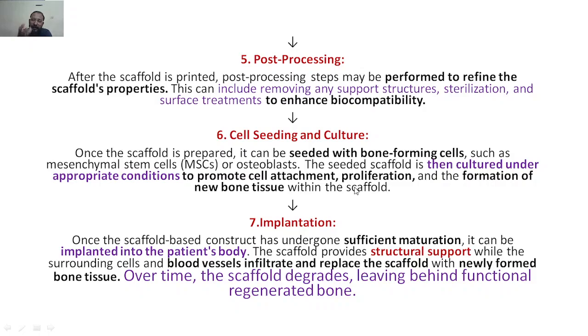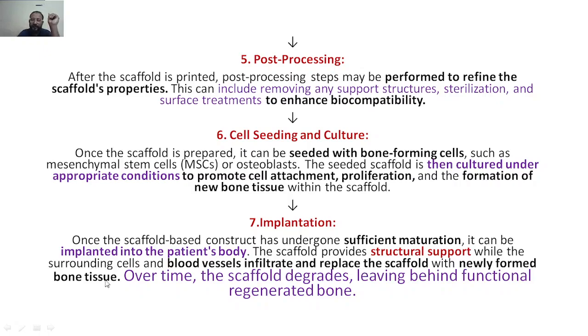Now we have bone tissue within the scaffold. The final step is to implant it. Where are you going to implant it? One of the major steps here is, once the scaffold construction is done, to make sure there is sufficient maturation. That means it has developed properly, so it can be implanted into the patient's body without any adverse effects inside the body. Now the scaffold provides structural support while the surrounding cells and blood vessels infiltrate